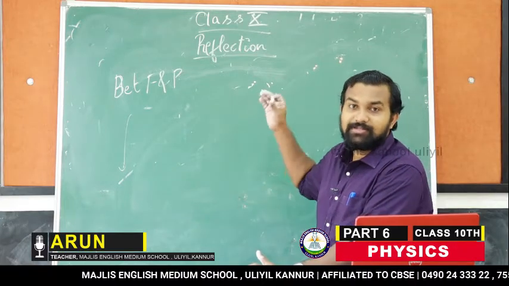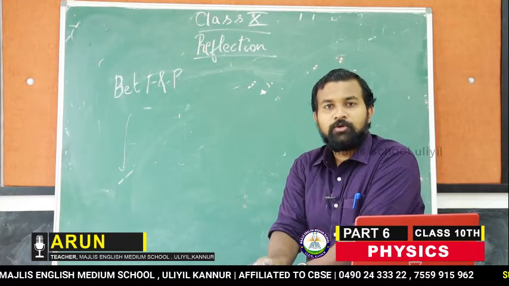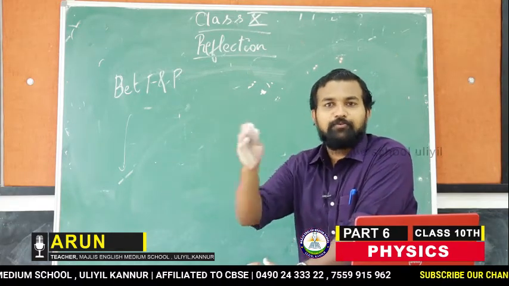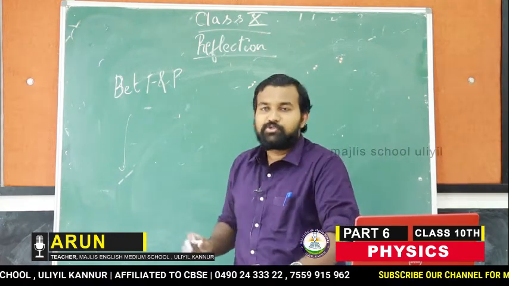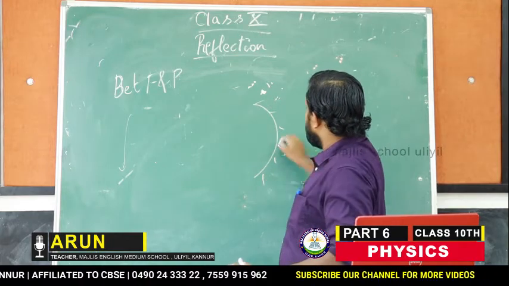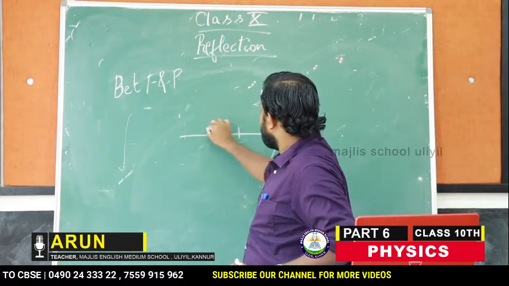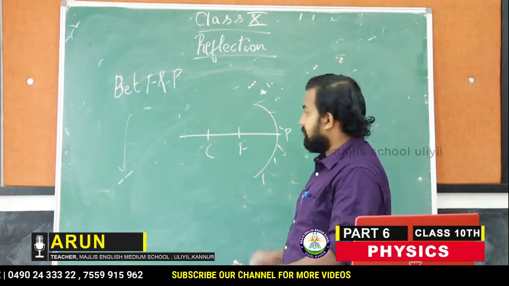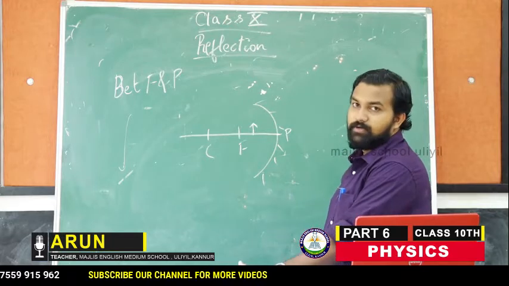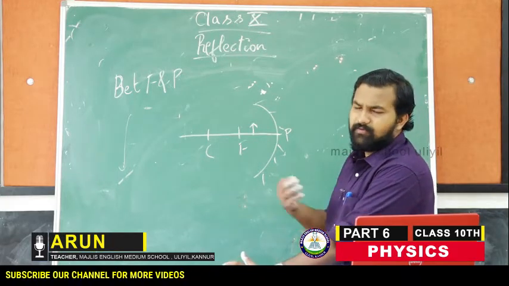Now we are discussing how a virtual image is formed, and then it will be very clear to you. What is the difference between the formation of a real image and the formation of a virtual image? So here also I am drawing a concave mirror, pole, focus, center of curvature. Okay. Now I am keeping the object here, whatever object it is. Let it be a candle, a pencil, a pen, whatever.